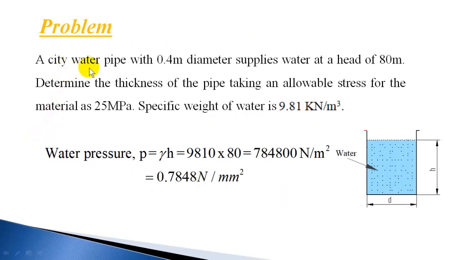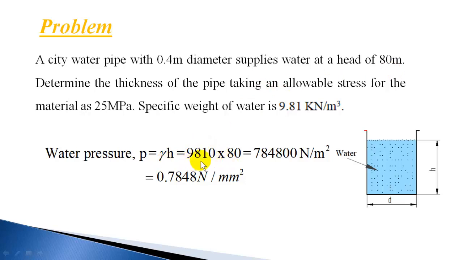Let us work out another example. A city water pipe with 0.4 meter diameter supplies water at a head of 80 meter. Determine the thickness of the pipe taking an allowable stress for the material as 25 megapascal. Specific weight of water is 9.81 kilonewton per meter cube. So here you need to find out the thickness of the pipe, and you are given the allowable stress for the material, 25 megapascal. So you are designing the pipe for its thickness, and the water head available is given as 80 meter. This head will be creating a pressure in the pipeline,